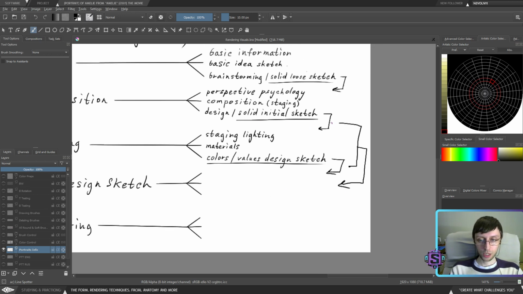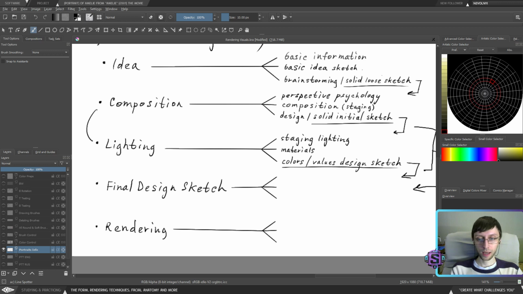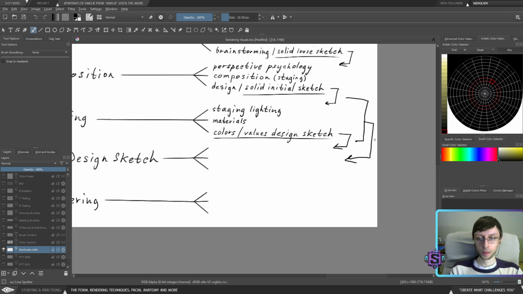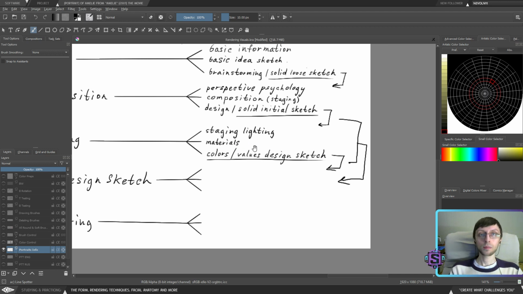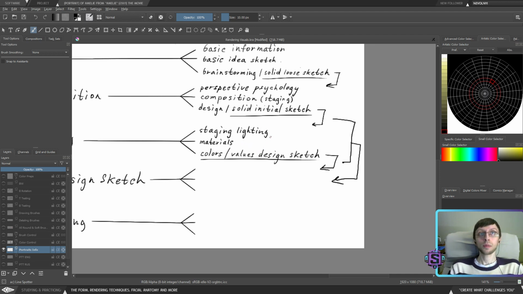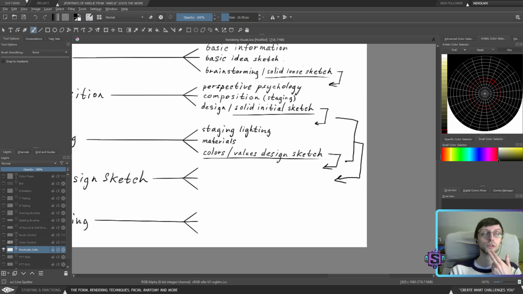Again, these two stages, they're kind of separate. You could work on composition and lighting together, but in the end they both go into the final design. So again, materials, I said, is just determining material properties, figuring out how to work with materials throughout this project to control them.